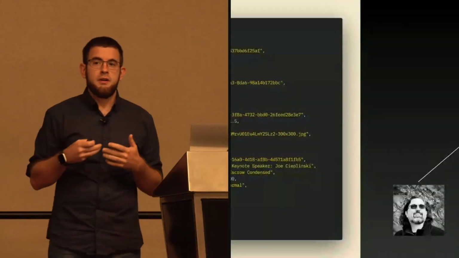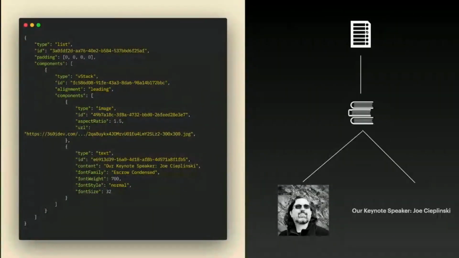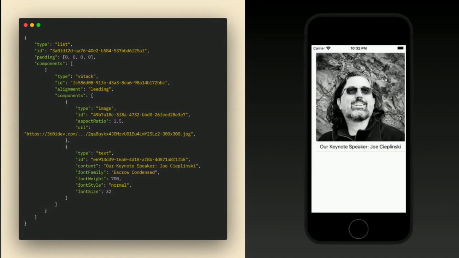The tree would be built up at the end of the day when you were decoding it as a list, a stack, the image, and then your text to it. Compiled in the app, it would look like this, that you would actually just be showing it at runtime. It would fetch the URL, it would fetch the image. You could use anything for the fetching mechanism. I used Kingfisher image for this because it was very simple. And then you have your encoded or codable text, which would show up with any kind of properties or modifiers that you want it to be. And these modifiers could be abstracted too, which we'll come to in a second. And that's it.